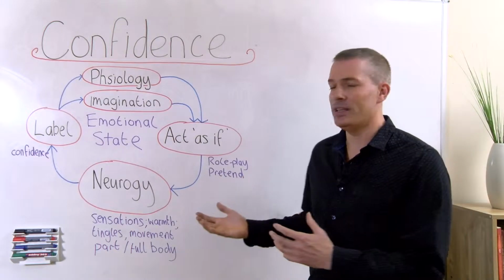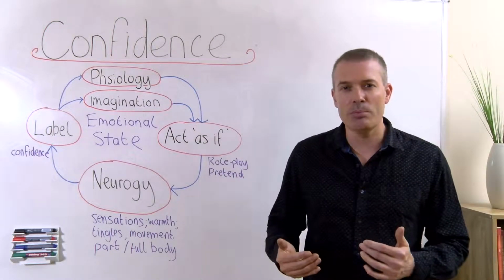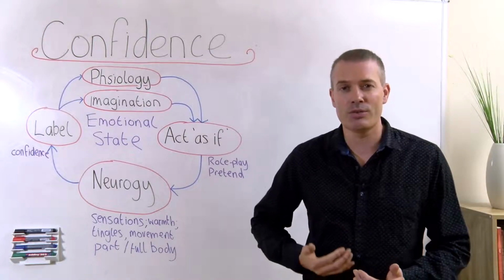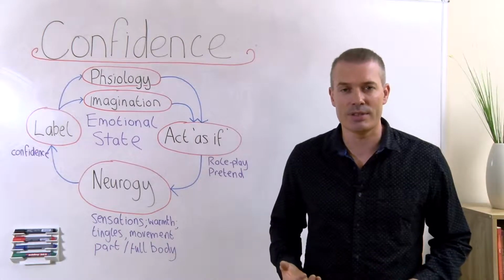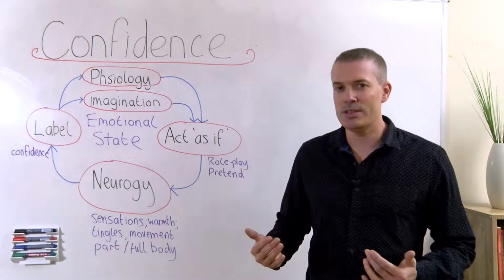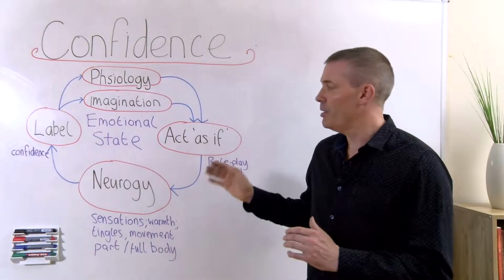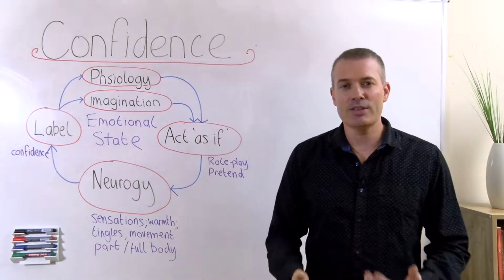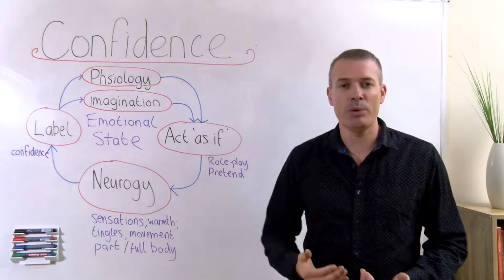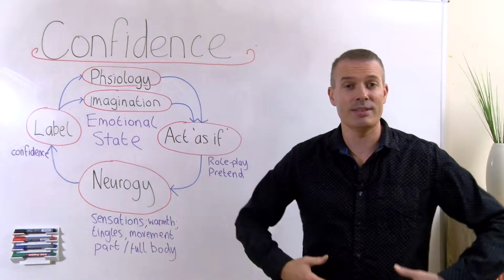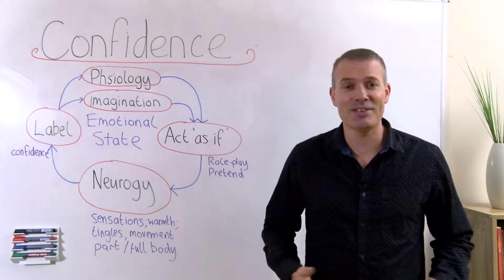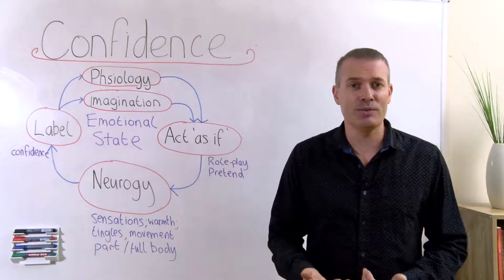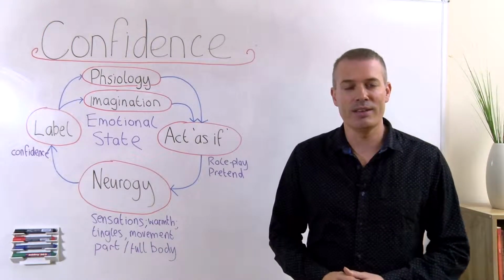So when it comes to the state loop, this is just a really, I guess, simple, but I think quite profound way to think about how our emotions are created and maintained through our nervous system. So there are a couple of places that you can start for the state loop, but I would recommend you start over at label on the left-hand side there. And this is where you assign a label or you come up with some kind of emotional state that you would like to deliberately create, because we can actually deliberately create our emotional feelings. And of course, because the topic is confidence, that's the one we're going to go for in this video.